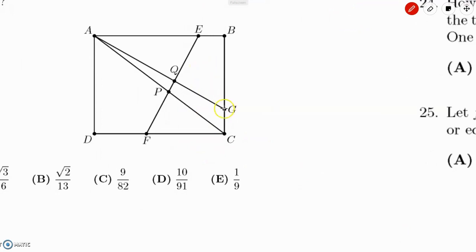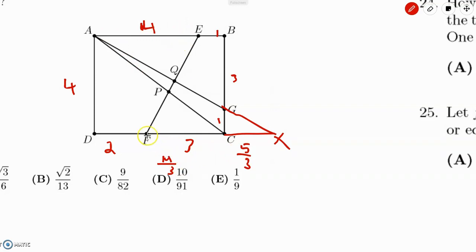So in these problems, you always want to extend the segments that you're given to get similar triangles. So if you extend this, we have this is 1, this is 3, this is 4, this is 1, this is 2, and this is 3. And this triangle, let's call this point X. XGC is similar to XAD, so that means XC is equal to 5 over 3 by this similar triangle, since it's equal to 4. And so that means FX is equal to 14 over 3,